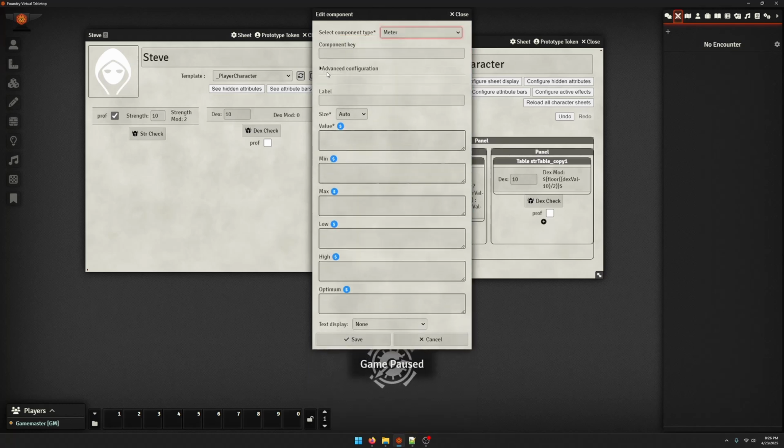Meters. Meters are gauges. Like if you want to show progress between 0 and your current health, max health, and 0. So let's actually make a health bar. And the label is just going to be health. And we want the value to be equal to current health. We'll make a number tracker for that with a minimum of 0, because you can't go to the negatives in our system for whatever reason. And we want the maximum to be,